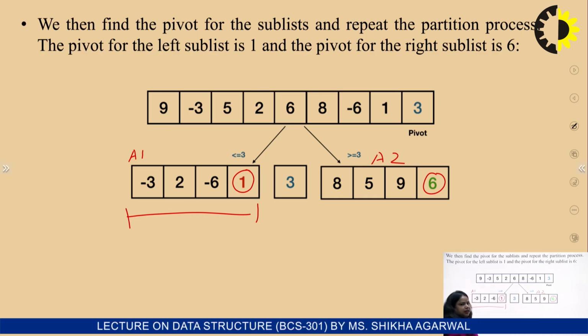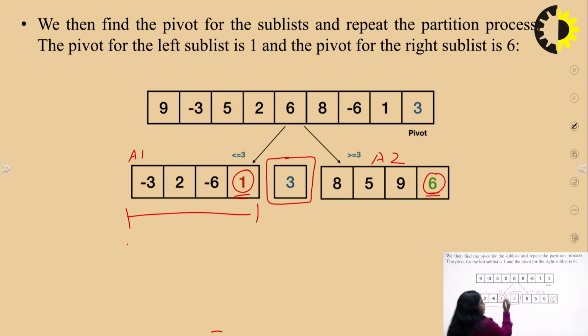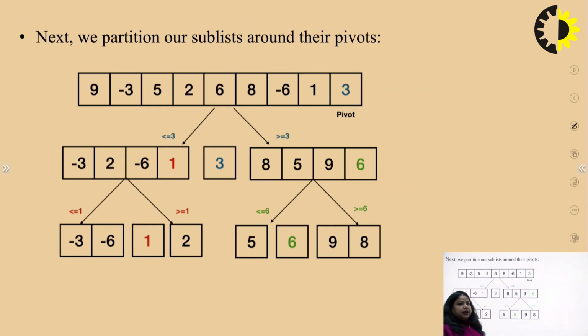So we have divided the complete elements of the array into two parts, and in this array we consider 1 as the pivot element, and in this one we have considered 6 as the pivot element. As you can see, the 3 holds its own original position. Again and again we have to apply the partition to our sub lists around the pivot elements. Just for example, if 1 is the pivot element in this list, then 1 holds its own position. On the left side it has smaller elements, and on the right, larger, right?